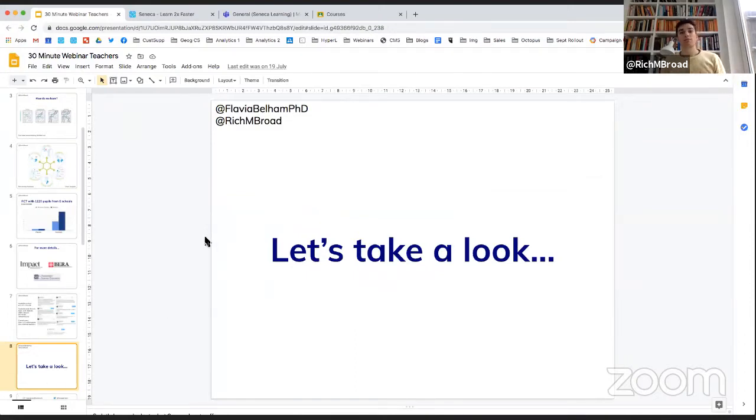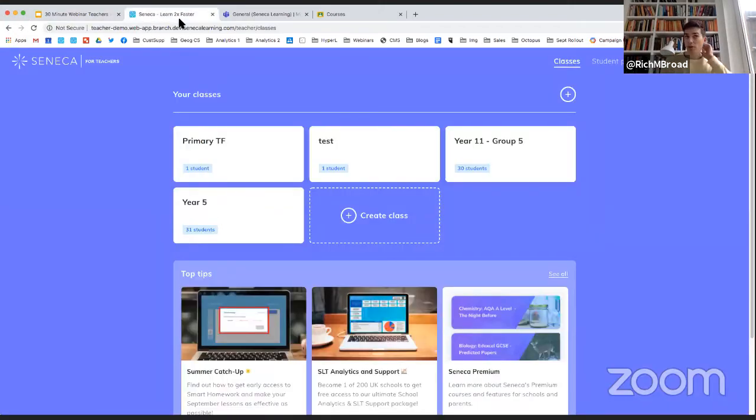Again, as I've mentioned, this session is all framed around using it with Google Classroom and Microsoft Teams. So I will show you how those interactions work and how you can get the most out of Seneca to support both those platforms alongside each other. If you're familiar with Seneca, you will recognize this. These are your classes at the top here. And the best thing to do, to show you these integrations, is to talk you through this process